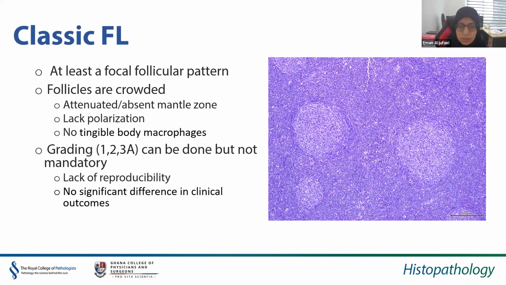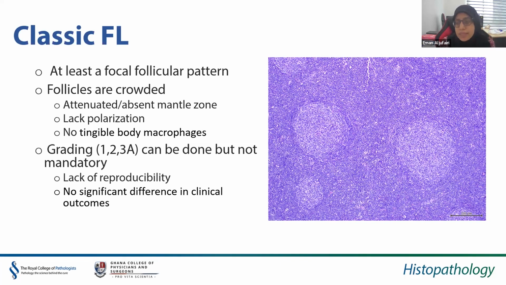so that's what tells it apart from a reactive germinal center. Before, we were doing grading, as I said, 1, 2, and 3, but now, according to the WHO, we don't need to do that. And the reason is, first, we're bad at grading, because it's not so easy to identify centroblasts. Although we describe them as large, non-cleaved, we have cells which are intermediate, should we call them centrocytes or centroblasts? We also have follicular dendritic cells that might mimic a centroblast, and plus we have different sizes of high magnification field. So trying to count them, people tend to disagree,